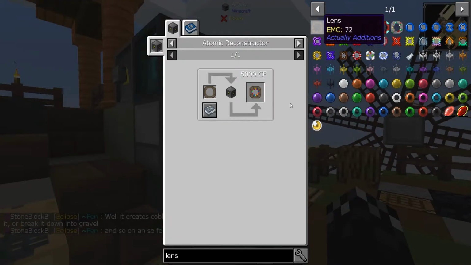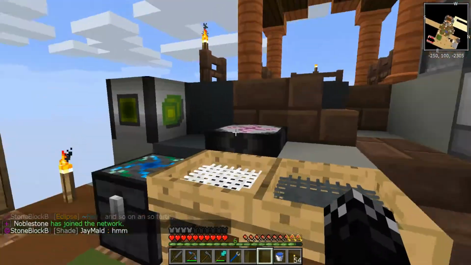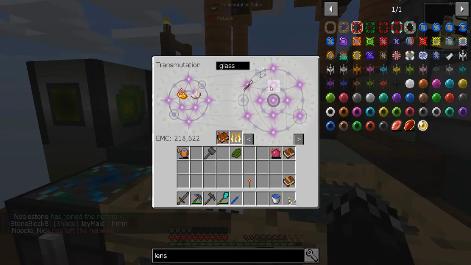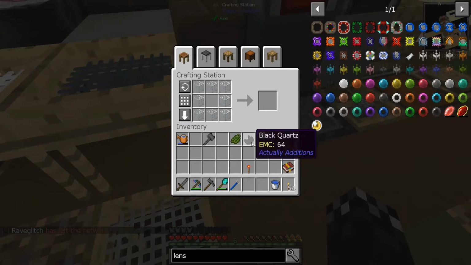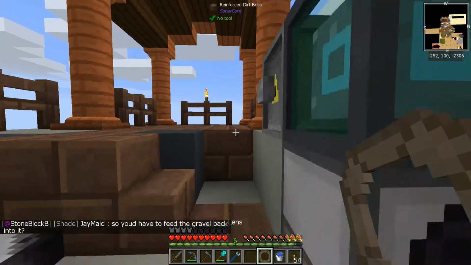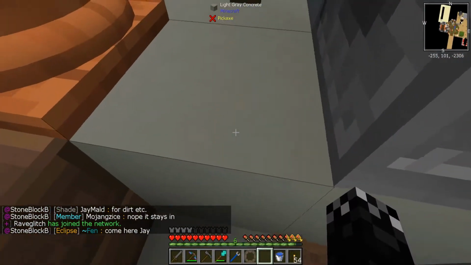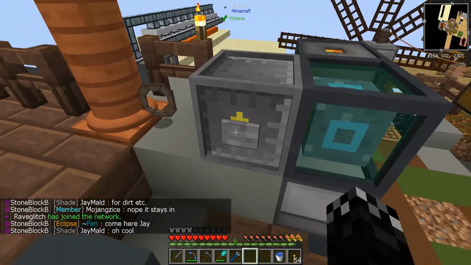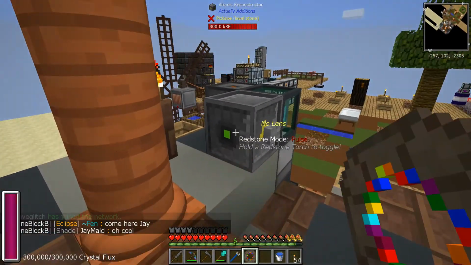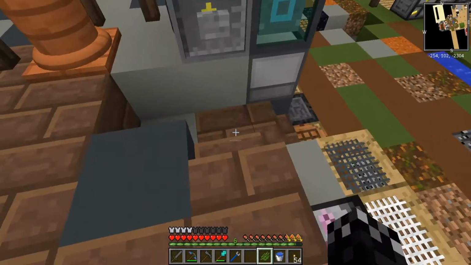Yeah, I think I need to glass, black quartz, and then glass. I know we're out of time. I realize this. Lens. And just for giggles. How did I miss? Okay. Just teach this cactus green. If you throw you...